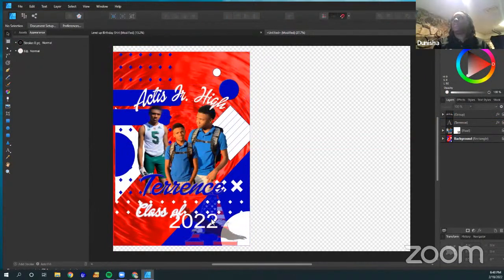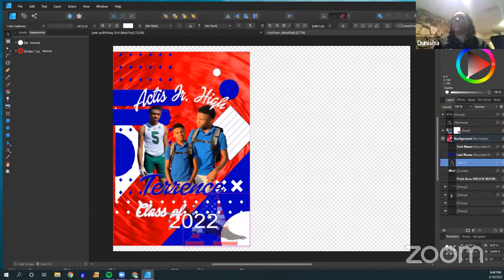Now, this font right here is telling me, as you can see, that was not the font that I had up here in the top corner. I don't know if you guys can see that. It tells me the name of the font that I had up there. And I need to go download that onto this computer because I didn't convert it to curves before I moved it over here.